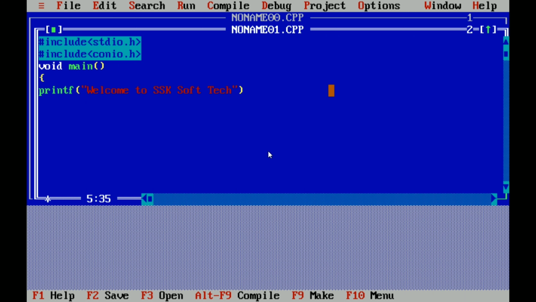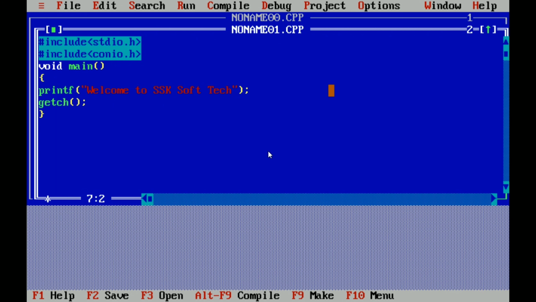Okay. After that just close this round bracket and use the semicolon. Semicolon is very important, and then we need to use the getch because the screen should be visible for us. Then just close this bracket.